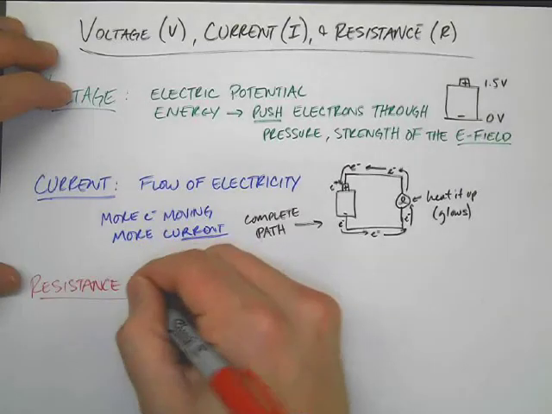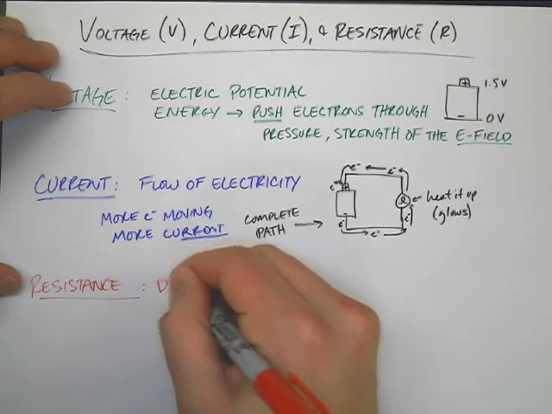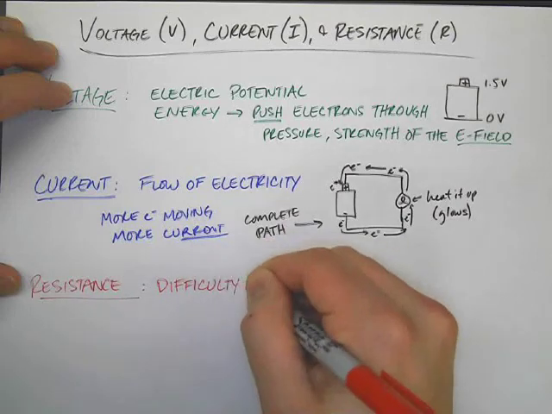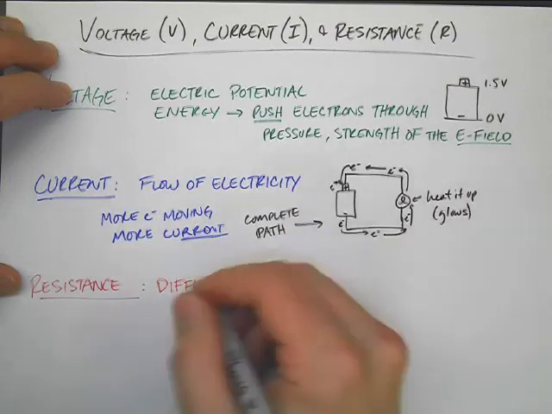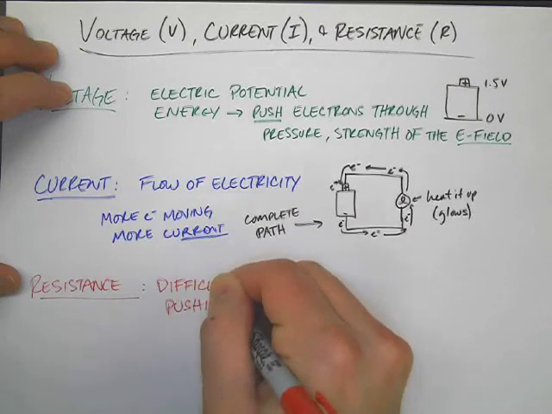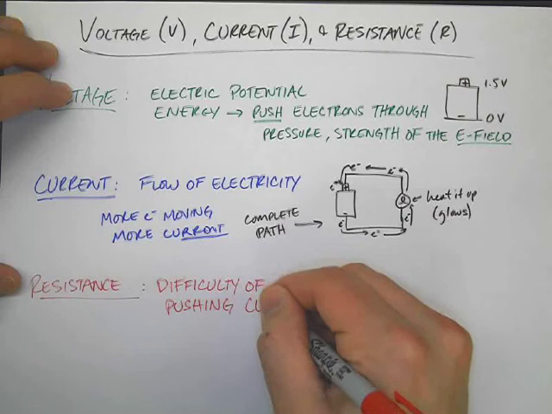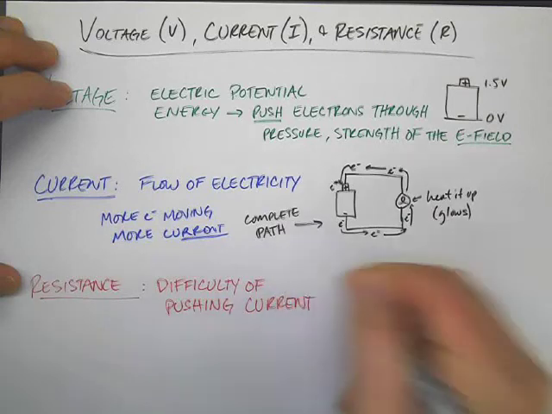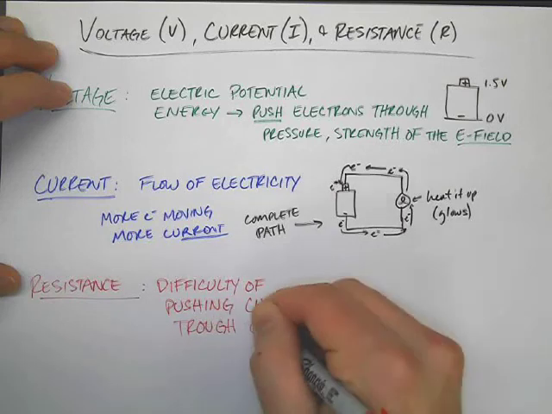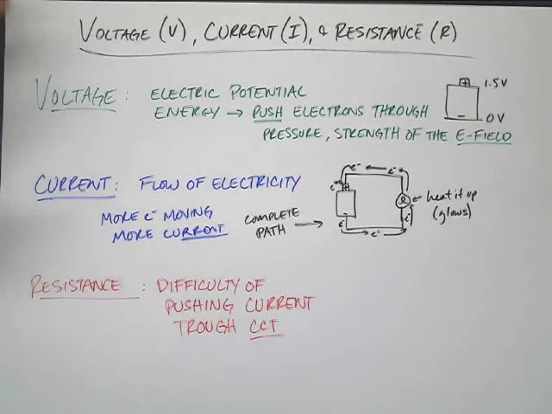And resistance is a way to measure the difficulty of pushing current through a circuit. Well, what does that mean? That means if I have something that has a high resistance,